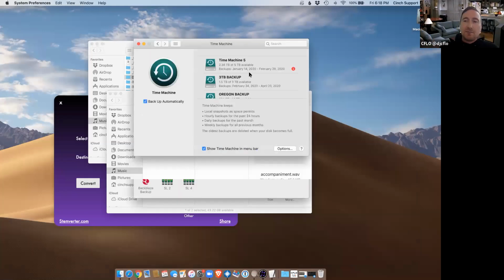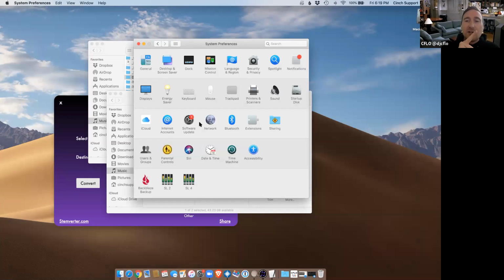I can't show you because mine was already selected, but you just select the drive and then you uncheck backup automatically, meaning you're in charge. Automatically, Time Machine will say backup automatically, and you just uncheck that, and then you just have to go up to click backup now. That's all, it's one click, but you're in charge rather than the Mac being in charge.